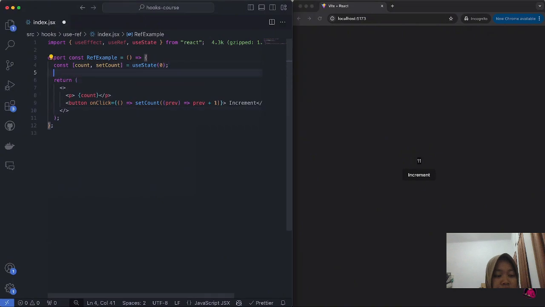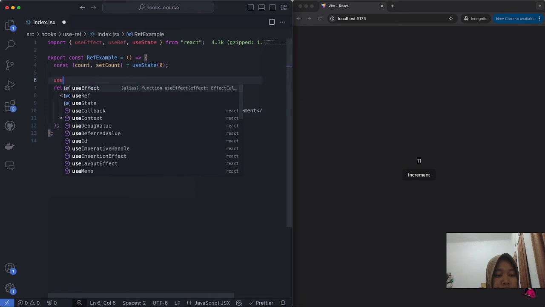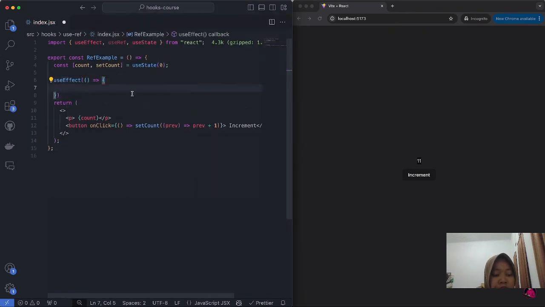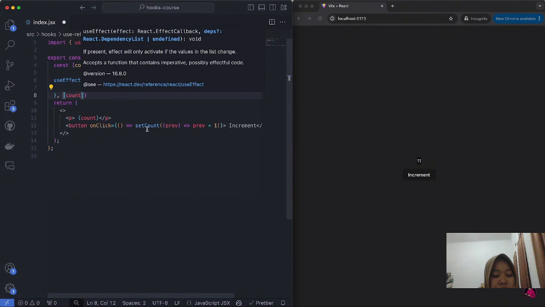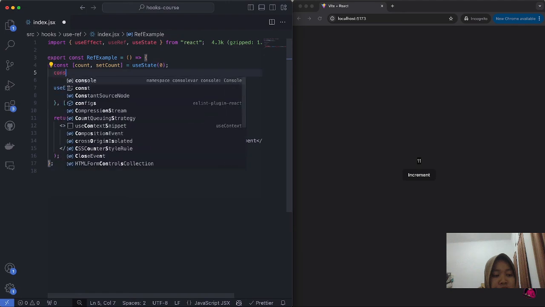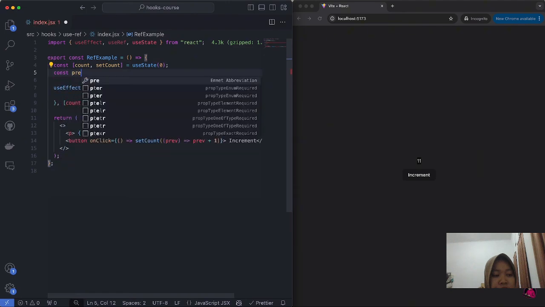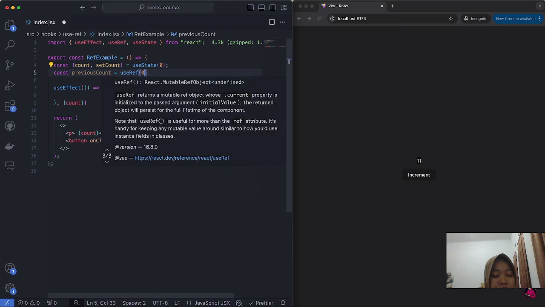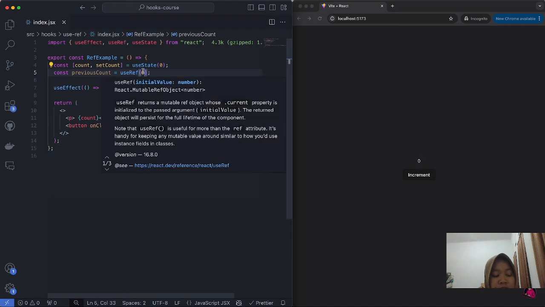Now, if I wanted to do that, what I can do is, first of all, set up a useEffect that will be called every time the count changes. And we can do that by passing the count to its dependency list. Then what I can do is create a previous count ref. So I'll say const previousCount is equal to useRef, and we'll set its initial state to 0 because